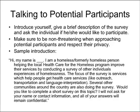But just for example, an approach could be, "Hi, my name is Dan. I'm a homeless person helping the local Healthcare for the Homeless program improve their services by conducting a survey of other individuals' experiences of homelessness. The focus of the survey is services which help people get health care services like outreach, transportation, and language interpretation. Several other communities around the country are also doing the survey. Would you like to complete a short survey on this topic? I won't ask for any name or contact information, and all your answers will remain confidential." That's just one example. It doesn't have to necessarily be that long, but just be natural and respectful of the